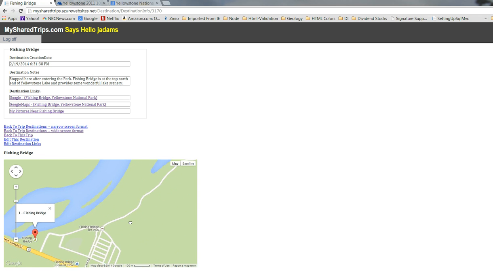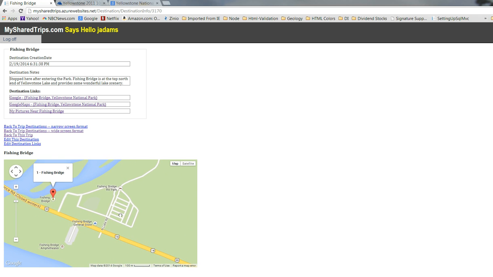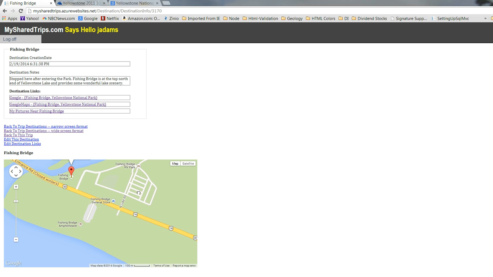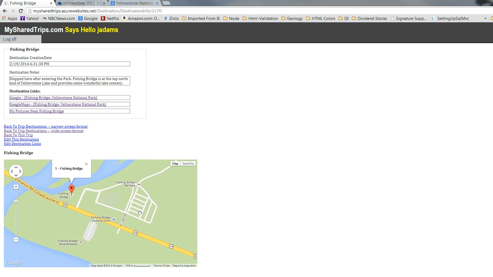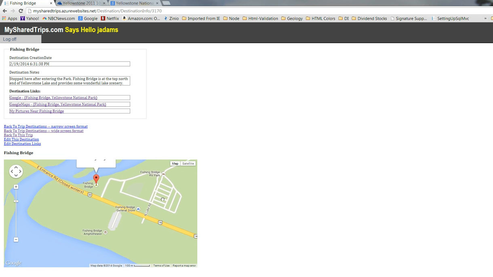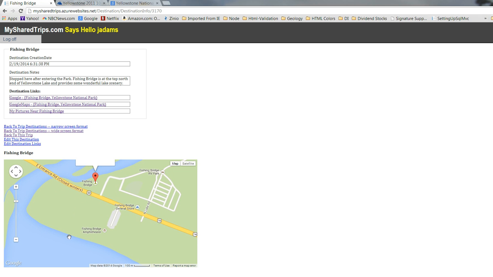Notice that when you get down, you can actually see where the parking lot's located, and the RV park in this case, and there's apparently an amphitheater. Notice that these are hot links that Google has put in the map. If you click on that, it'll provide some additional information about that particular amphitheater, but we won't take time to go there right now. Okay, I want to go back to the destinations list